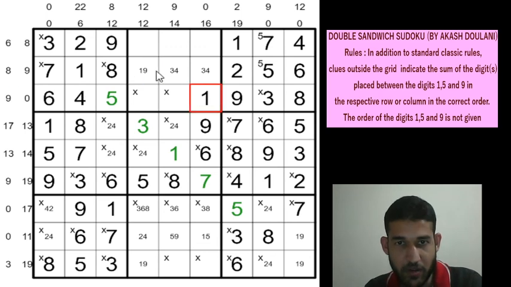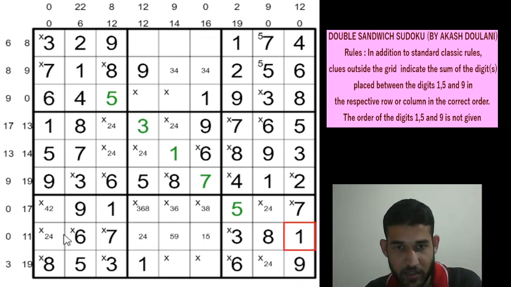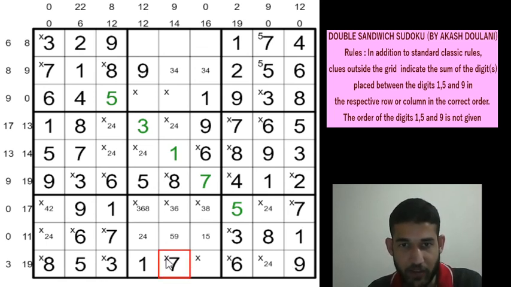So because of this 1 here, we get a 9 here, and that gives a 1 in row 9 column 4 and a 9 and 1 here. Along row 9, we have only one cell left for the 7, which is row 9 column 7, row 9 column 5. So this is going to be a 2 or a 4. And we have 1 here, so this is going to be a 5 using classic rules. This will be a 9 now.